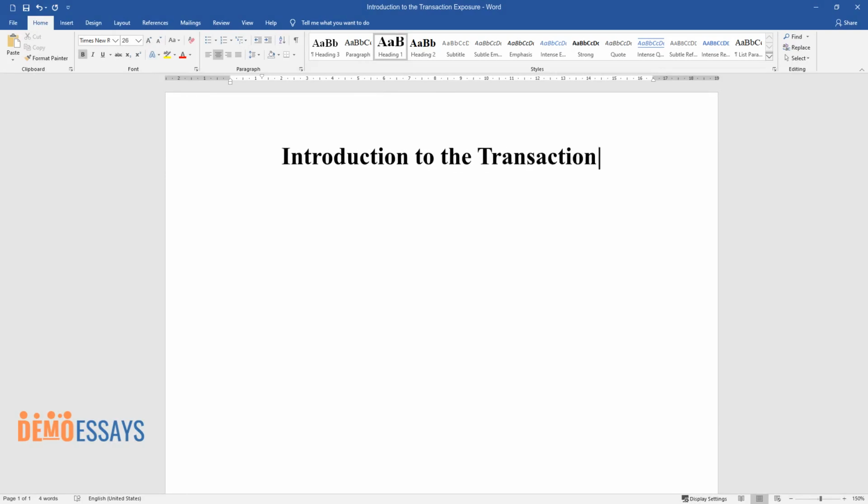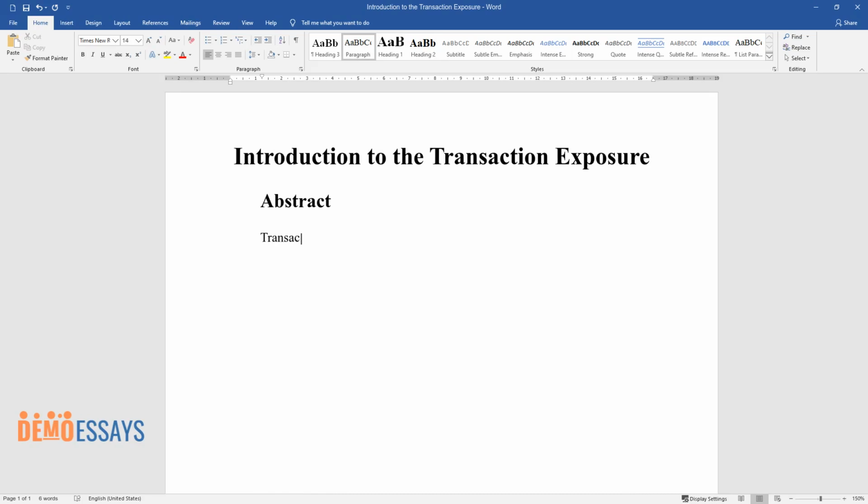Introduction to the transaction exposure. Abstract. Transaction exposure refers to the potential to gain or lose in a contract for near-term cash flows such as foreign